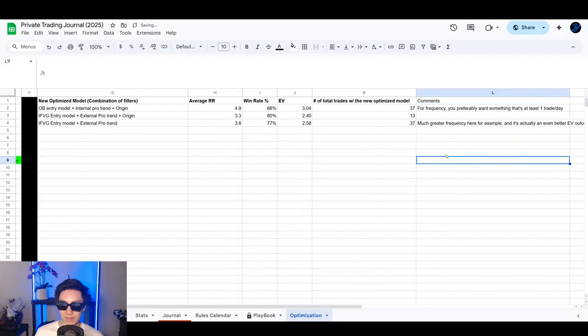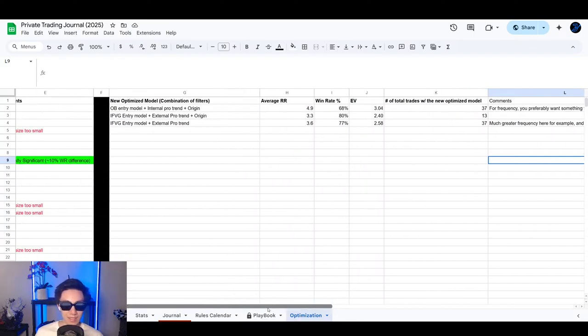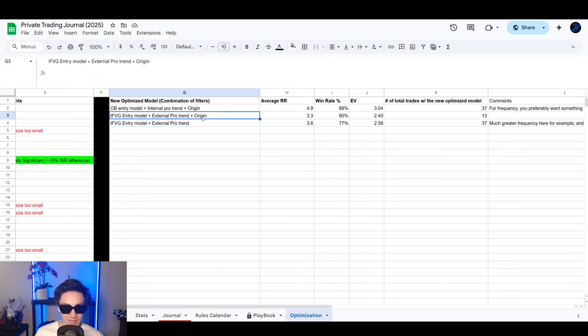So that's something to definitely keep in mind. I'll comment that out for you guys that buy the journal. So guys, keep that in mind. This is why you need to test and backtest and collect data, man. Collect data. You can see the win rate, the EV is actually higher here,